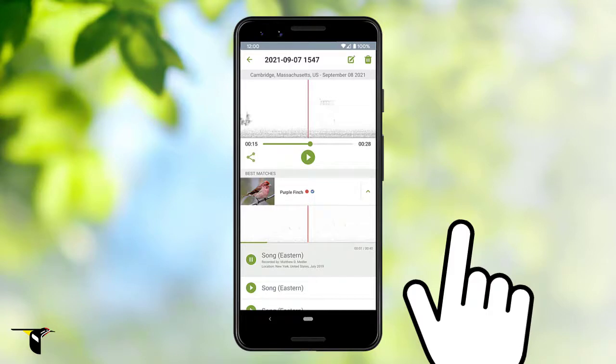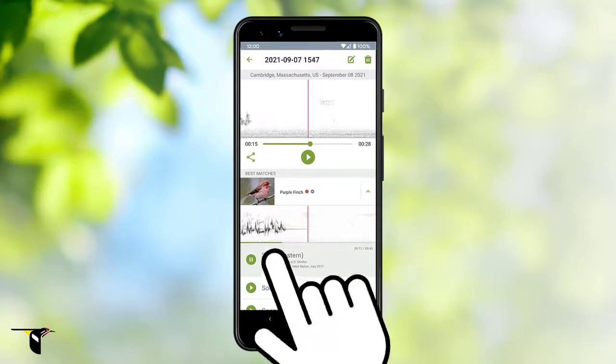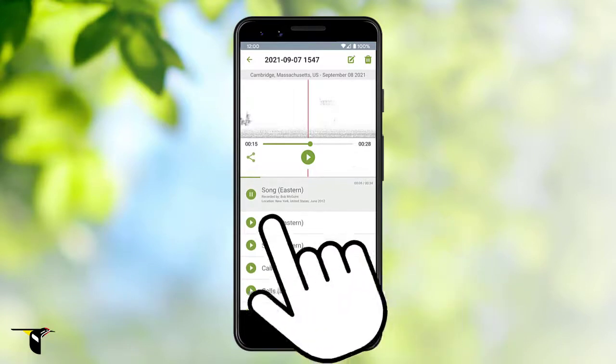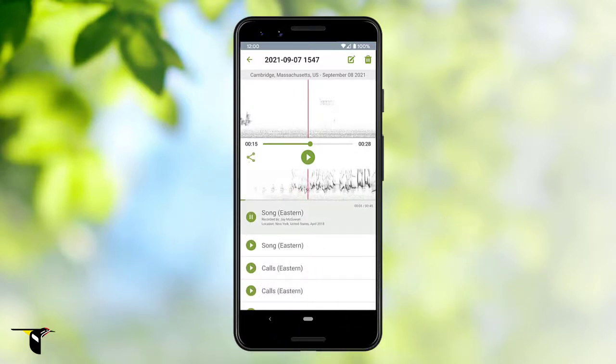Identifying birds by sound is tricky. Merlin uses thousands of recordings to learn the vocalizations of each bird species. Watch as suggestions appear and note the pitch and pattern of each bird's song. Some birds sound very similar, and the best way to learn is to be able to see the bird that is singing.